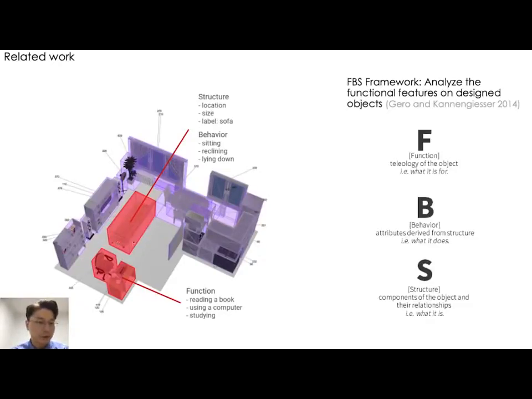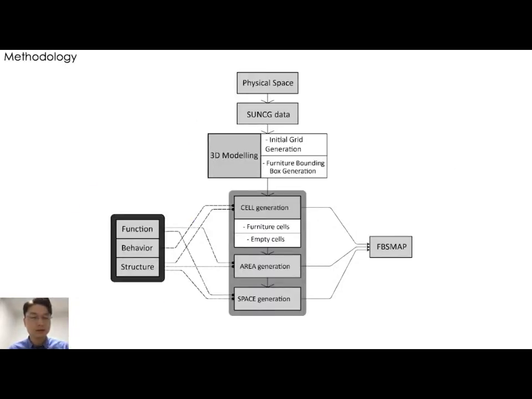Whereas this sofa in the living room has some structures, such as parameters like the location and the size, and the name of the furniture, which is sofa. It also has a behavior: sitting, reclining, and lying down. This is the behavior that humans actually do on this object. Okay, so this is the methodology,